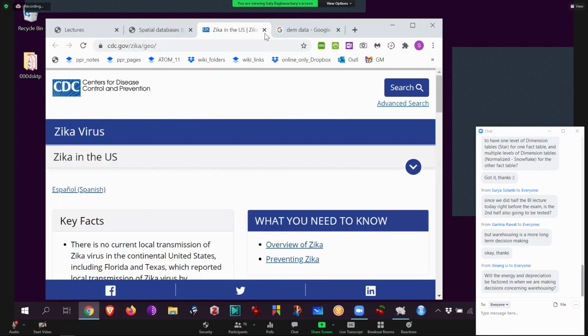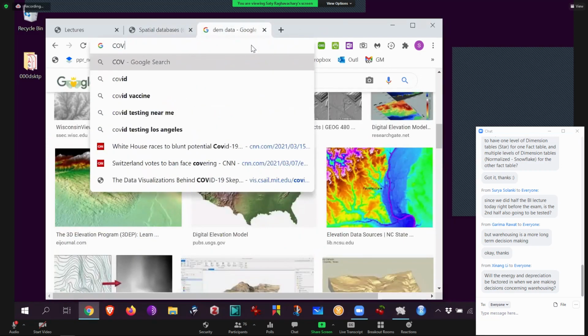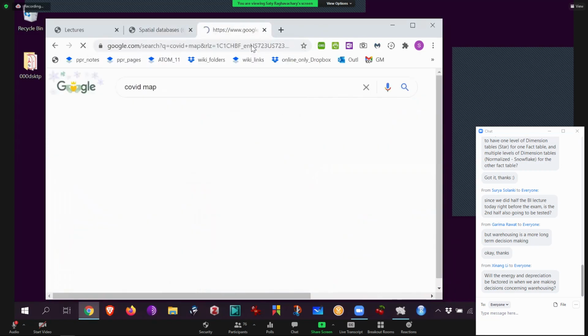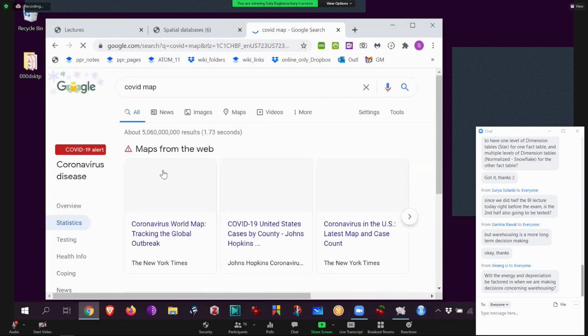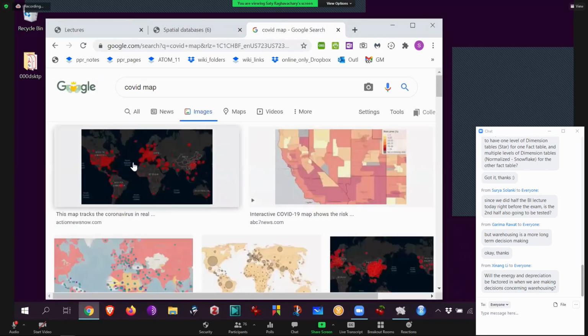People travel. Okay. I'm just going to say COVID map, just to make an obvious point. There are any number of them. Johns Hopkins has one of the very best ones. Okay, that's what I'm talking about. It's a big, big deal because it's how the countries of the world know how bad they are in relation to other countries.